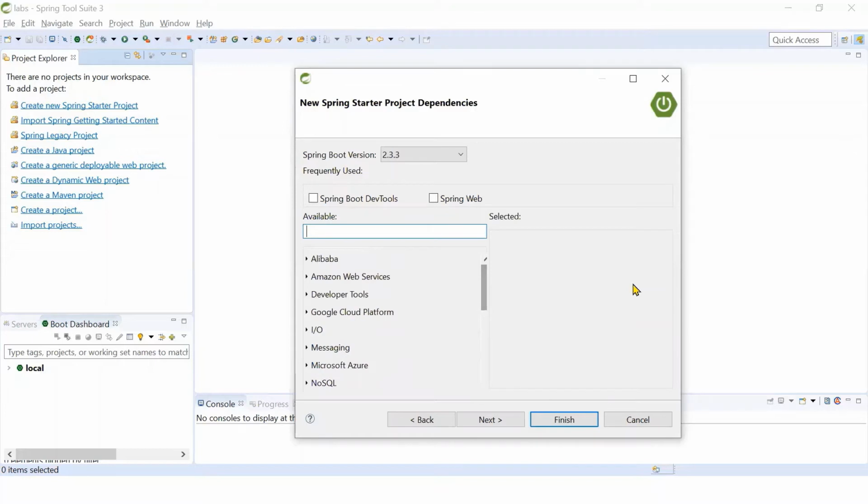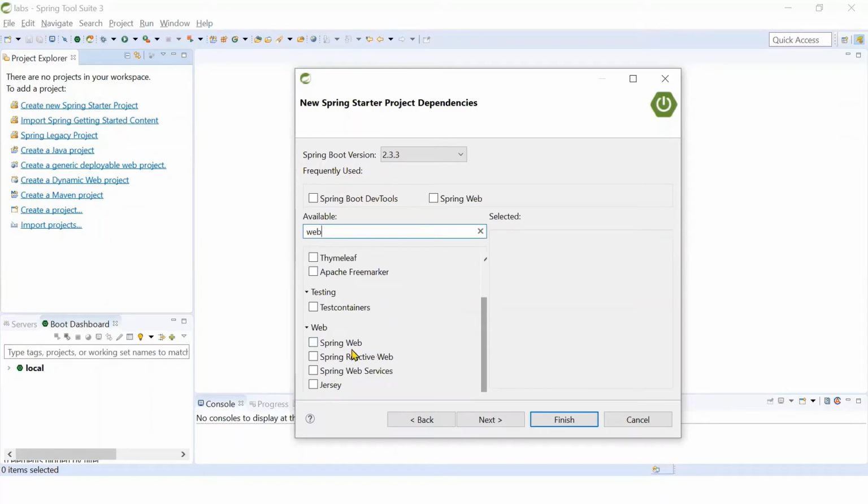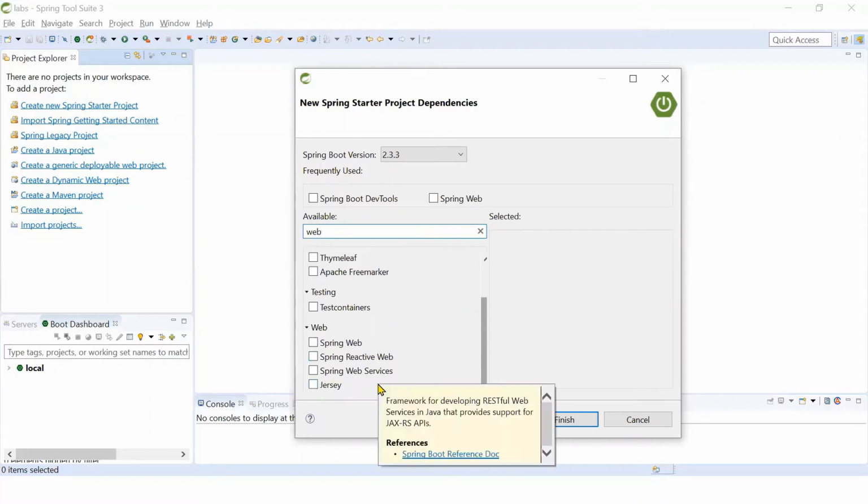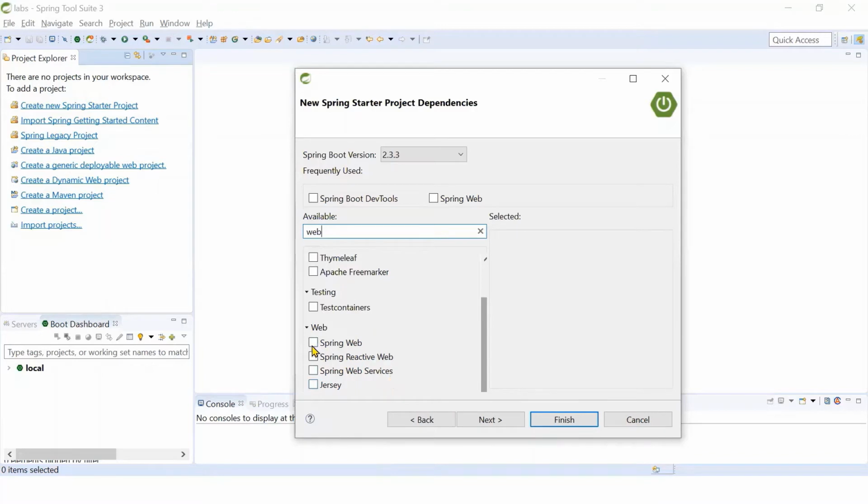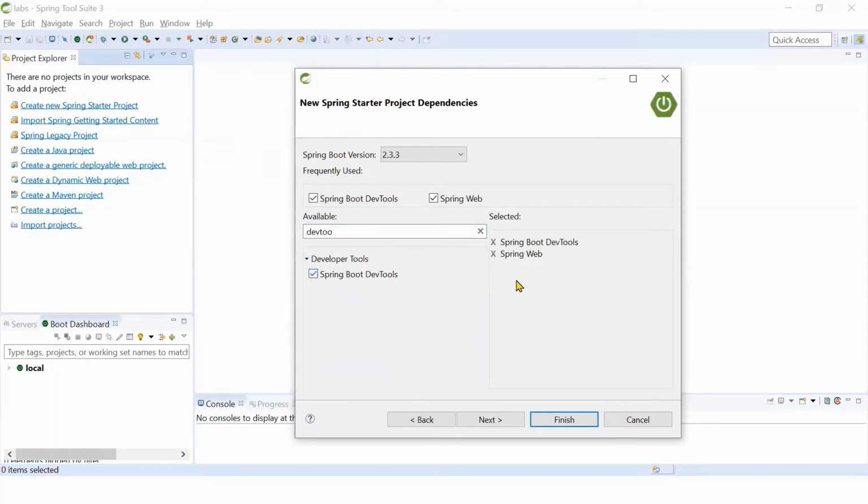Suppose you want to create a web project using Spring Boot, we can type here web. When you type web, there are Spring Web, Spring Reactive Web, Spring Web Services. There are different options that come up. Okay, let me select Spring Web, right? When you select Spring Web, on the right side, you can see Spring Web. If a project is already created once, then those things automatically appear under frequently used, right? Okay. After selecting Spring Web, there are other options. Okay, let me select there is a dev tool. There is one dev tool, another dependency, right? Let me add the dev tool dependency.